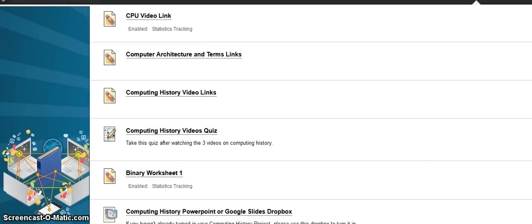Multiple choice format, I will tell you, I will randomize the questions so you and the person you're sitting next to will not have the same question at the same time. I also randomize the answers on the test. And if I build a big enough test pool, I'll probably pull 20 questions, and you may or may not get the exact same questions as the person sitting next to you. So don't count on being able to glance over to somebody's computer